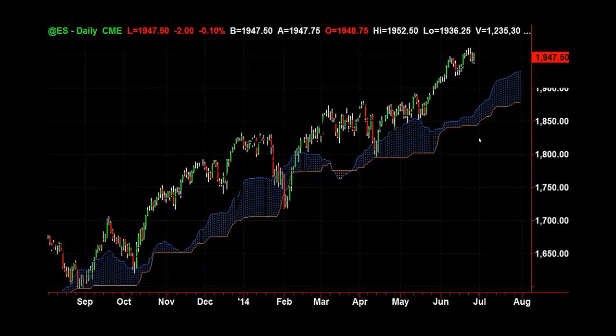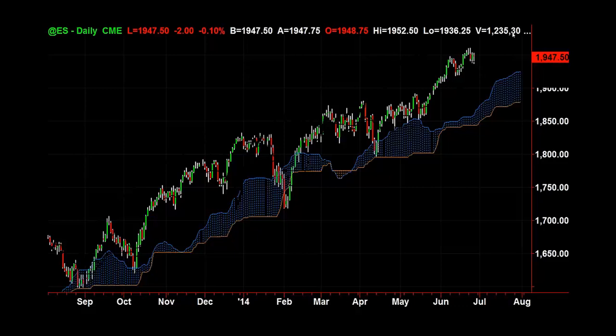If the price action drops below the blue thingy, which is called the cloud, so this is how we're going to learn this stuff. Everybody type in cloud, C-L-O-U-D, into the chat box right now. And you'll take notes here as you're going. All right, this blue thing is called the cloud. It's going to act like real-time support and resistance in the past, present, and future. Now, above the cloud is bullish. Below the cloud is bearish. We're going to try to always keep that in the back of our mind.